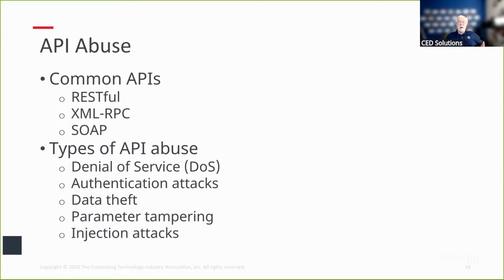It's a simple object access protocol, SOAP. There is XML, your remote procedure call that is used with XML and XSS types of systems. The RESTful API, that's representational state transfer. That is an API that gives me status or state information updates between different application programs. There's another, JSON, JavaScript object notation, Java Web Tokens. There are several different APIs that are available out there, very commonly used to transfer information from one application